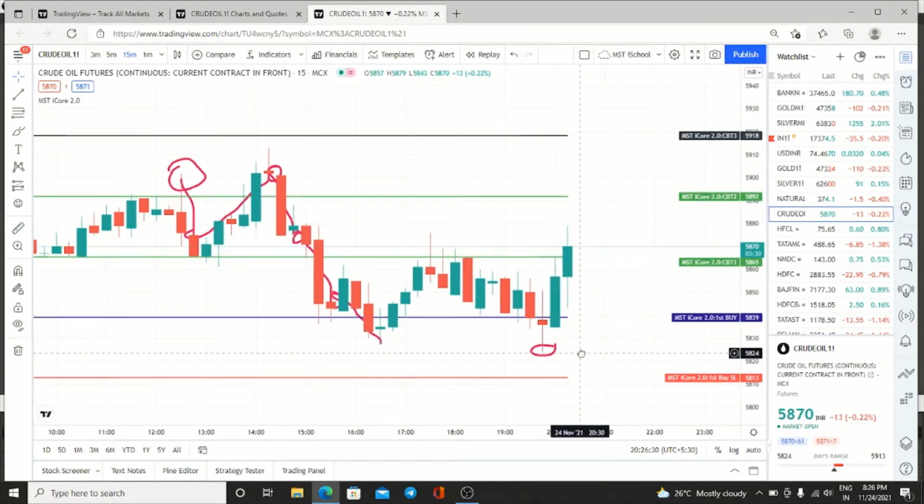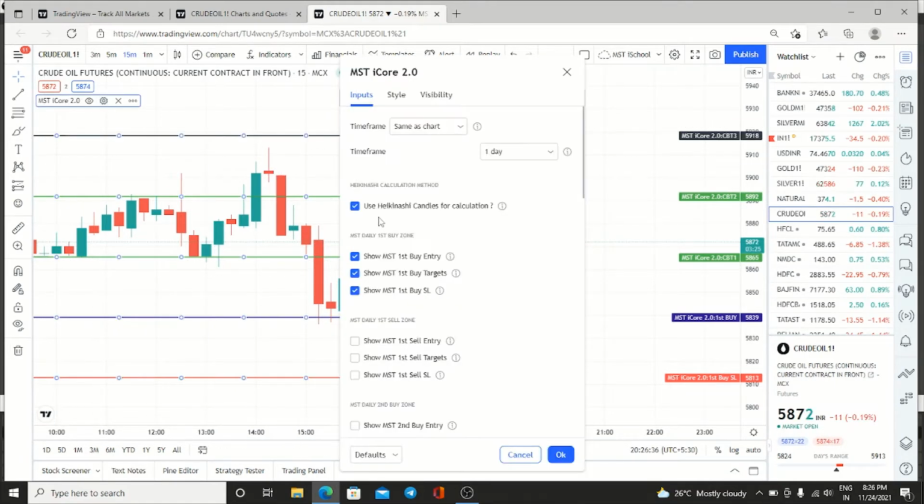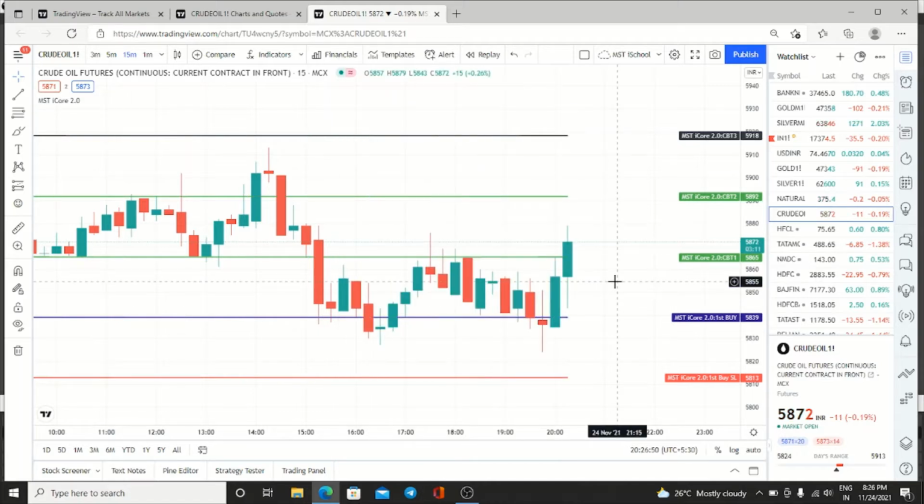So when you are going for a same day reverse entry, what you can do is keep it in Heikin-Ashi format, or you can keep it in the weekly time frame, because you are going to take an extra trade. As per the strategy, if sell is activated, no buy. If buy is activated, no sell. But since the market is in range, if it is a range market, we can trade on both sides.